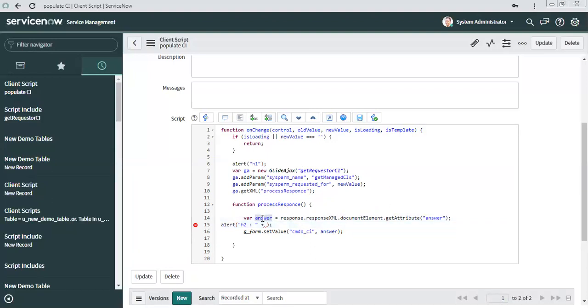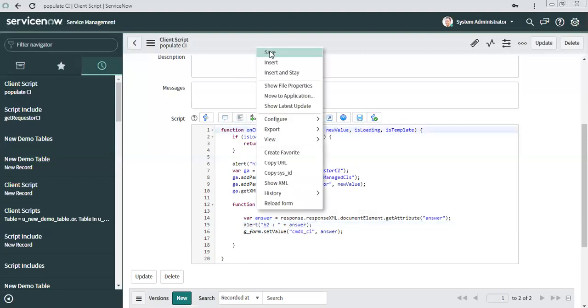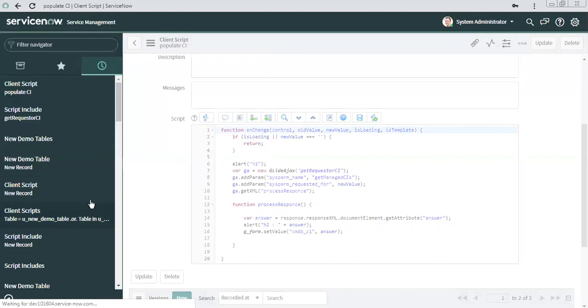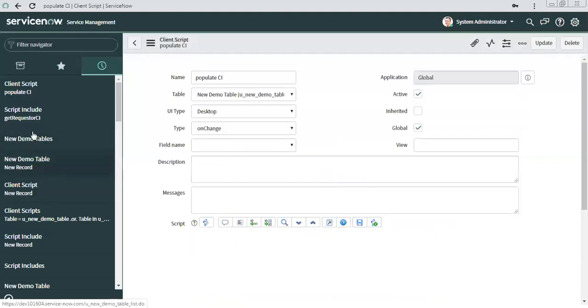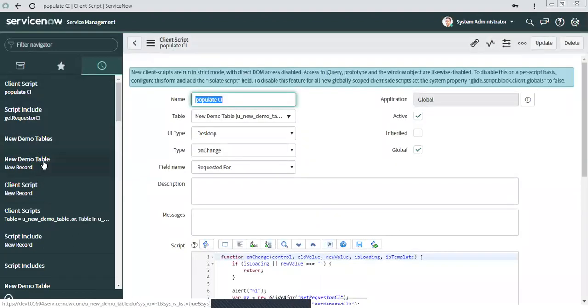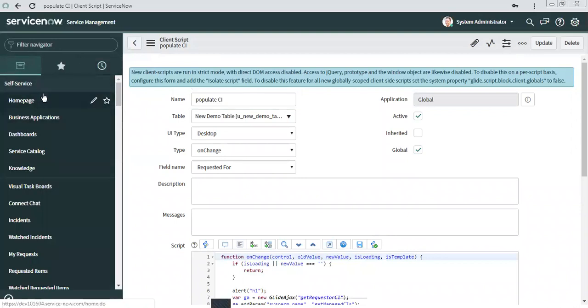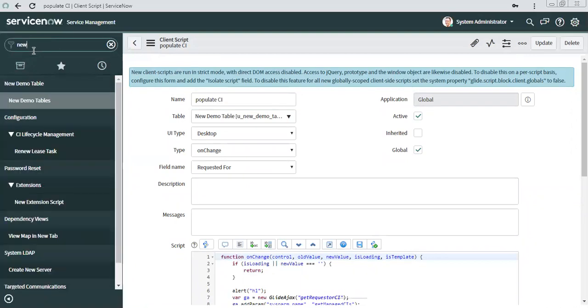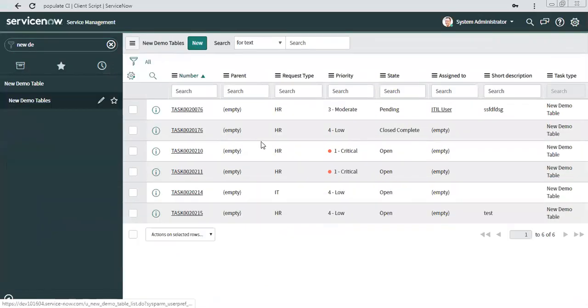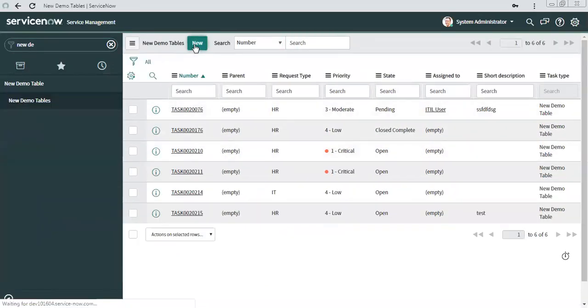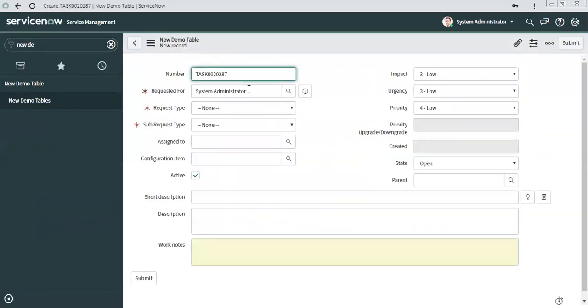Plus, I just put here. So let me see if I'm getting any alert. To demo, user.